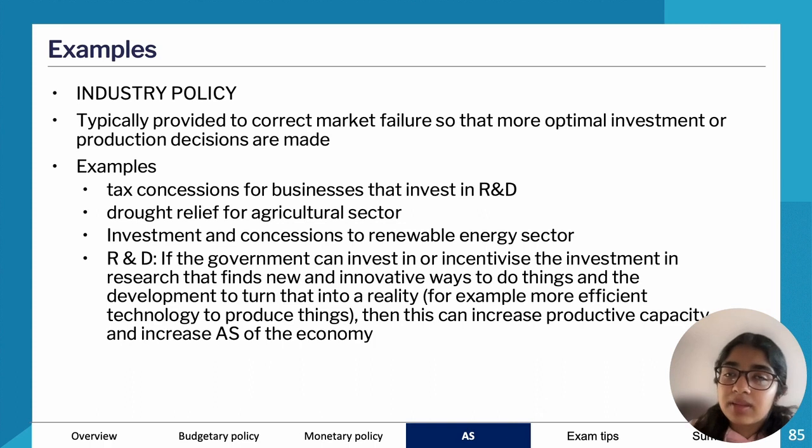Research and development doesn't have immediate gain, right? People undertake research and development, and it takes a long time to actually figure something out. But when they do, it can help make production much more efficient. An example is in farming. If we have genetically modified produce, it grows much quicker. And if we can do research and development to make it sustainable, to grow in a safe way, then it's a breakthrough for production. So it can be really useful. We just need to make sure that we invest in it.